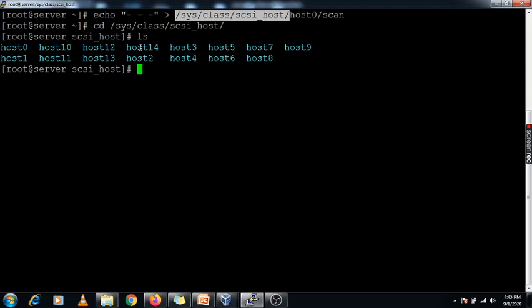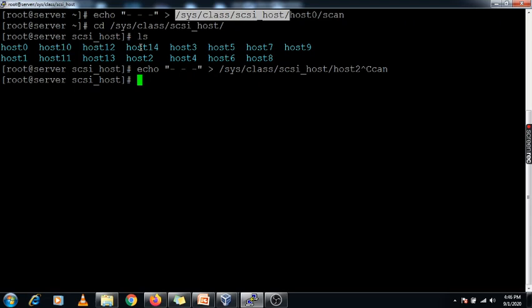Inside, all hosts are present, so you can use this echo command for all the hosts and you need to scan it, like host 0, host 1, host 2. All hosts you need to scan, because you don't know from which host this LUN is coming from this storage.